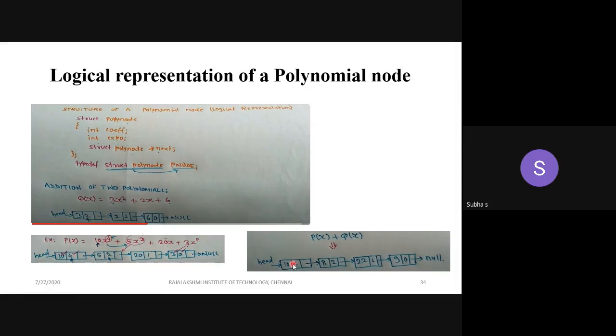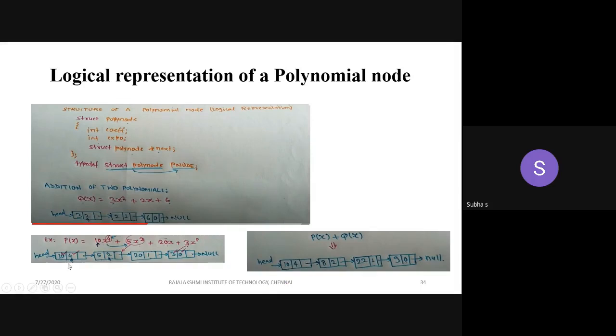This is your resultant polynomial. I'm mentioning it at the extreme right end, because there is no term with power 4 in the first polynomial. So I have mentioned this one. Okay. Now what will happen? I have placed this node. What do I have to do? I have to move to the next node. But here the pointer is already pointing to the first node only. It's 3x square only. Now I have mentioned the 10x power 4.